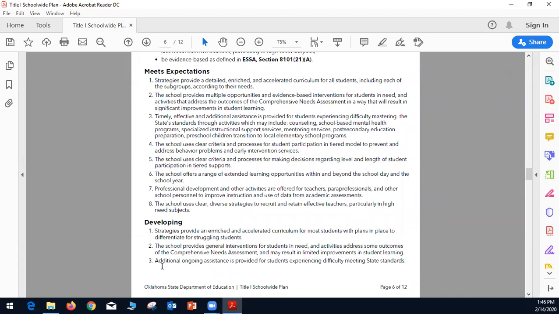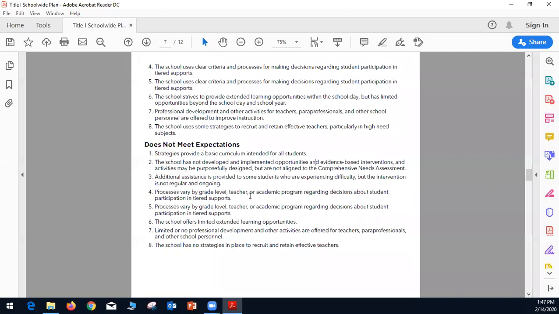A plan under development will indicate that the school provides general interventions for students in need, and activities address some outcomes of the comprehensive needs assessment and may result in limited improvements in student learning. And a plan that does not meet expectations will indicate that the school has not developed and implemented opportunities and evidence-based interventions, and activities may be purposefully designed but are not aligned with the comprehensive needs assessment.